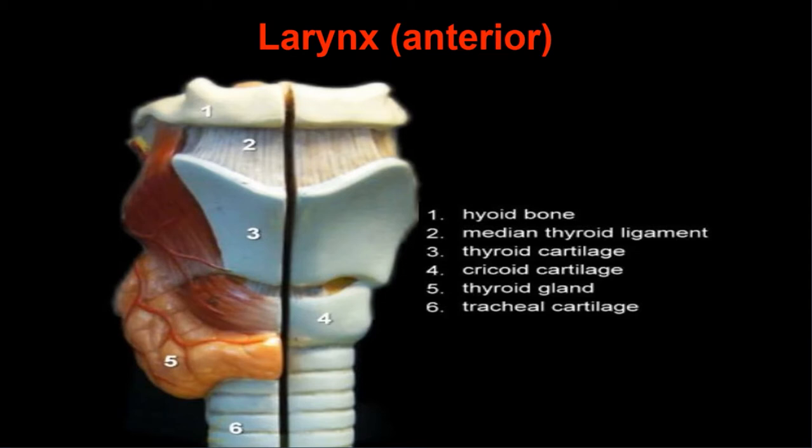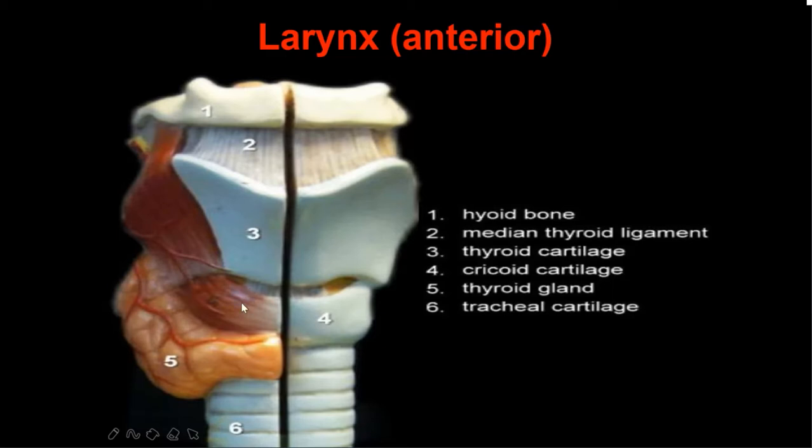Okay. So this is the picture you can see here. The anterior surface of the larynx will be like this. This is the anteroposterior view of the larynx. This is the hyoid bone. Most of the larynx is supported by the hyoid bone, through one membrane between the thyroid cartilage and the hyoid bone, the thyrohyoid membrane, and also the extrinsic and intrinsic muscles of the larynx. This thyrohyoid membrane connects the hyoid bone to the thyroid cartilage.